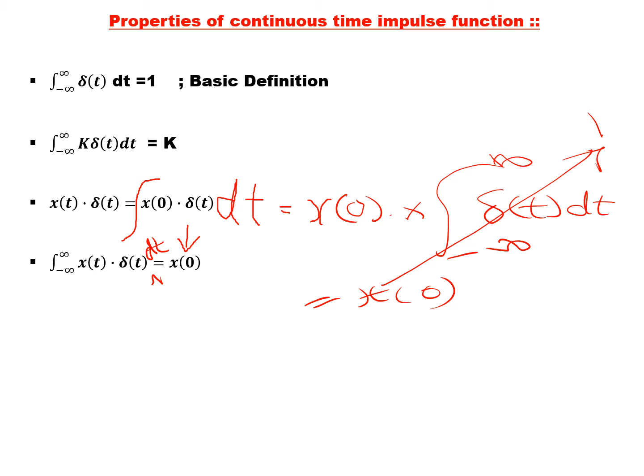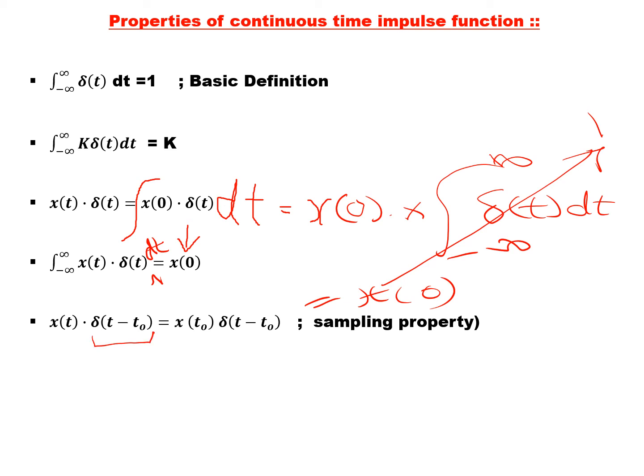This is another property. Moving further, now if I multiply a signal x of t with a shifted impulse, you're going to study this very soon, a shifting of a signal. Instead of making the signal appear at the origin, if I make it appear a little later than the origin, that is delta of t minus t0, if I shift the impulse function and then multiply with x of t, what I'm going to get is this new product.